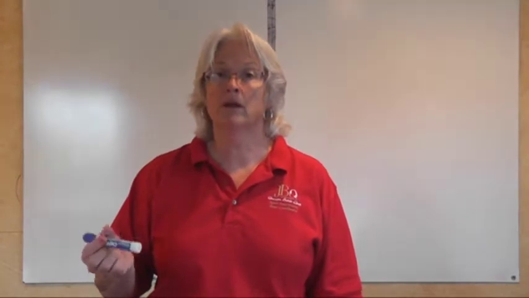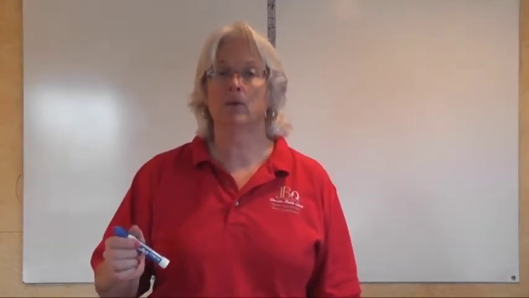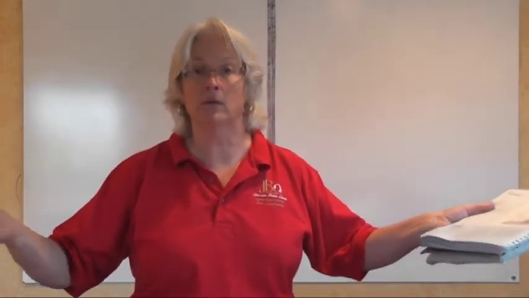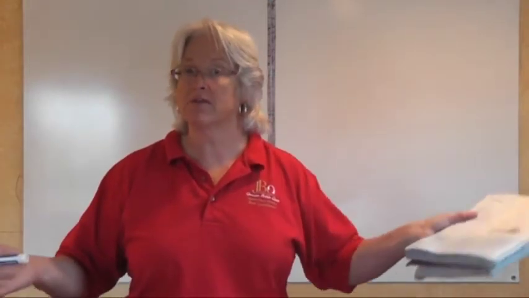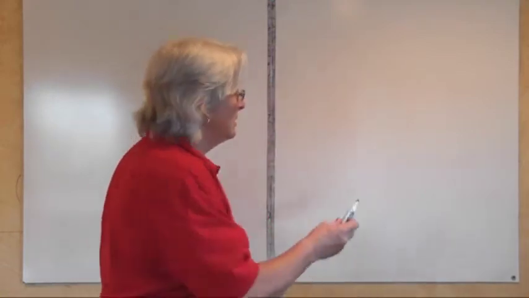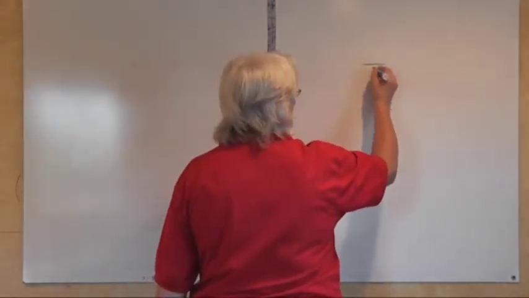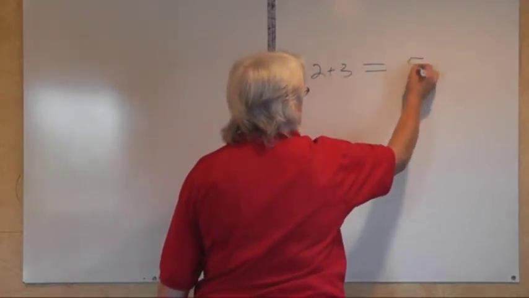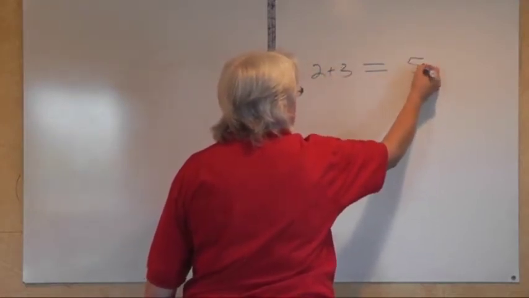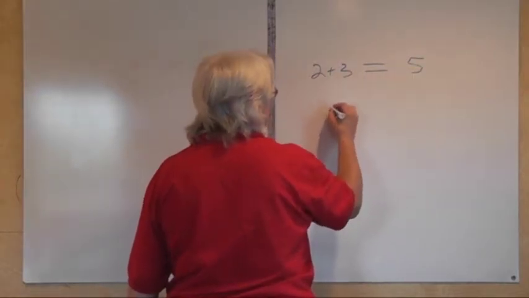So, chapter 5.1, inequalities. We know that when two things are equal, they represent the same quantity, they have the same value, they have the same worth, but when things are unequal, they're not the same. They don't have the same value, and that's what inequalities are. And just as we have a symbol that represents equality, 2 plus 3 is equal to 5, we also have symbols that represent